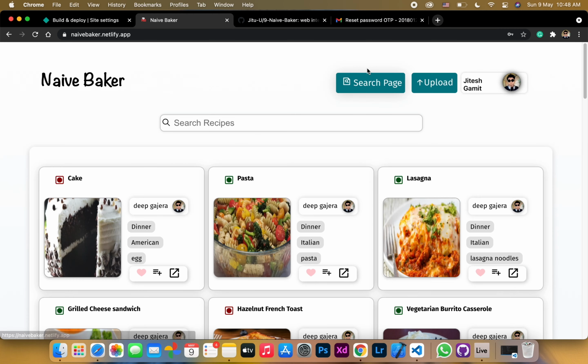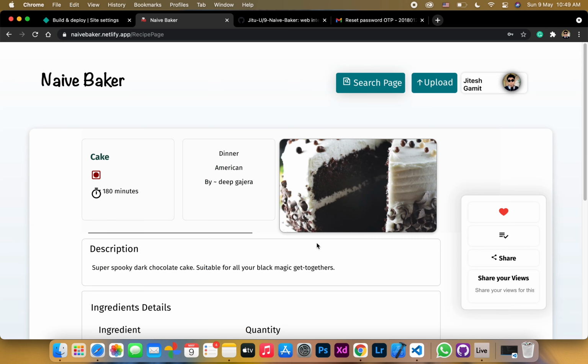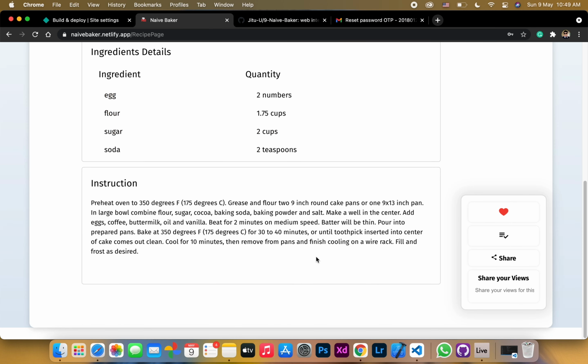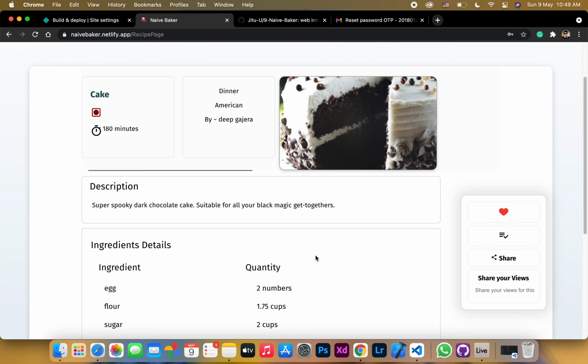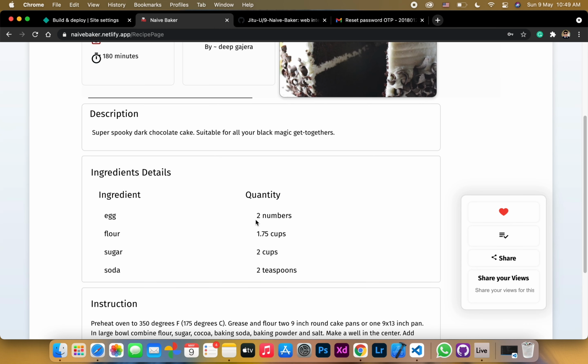Now we will see the basic functionalities of the recipe cards. So this is the details, and you can like the recipes by clicking here, save it from here, and by clicking here you can open the details of the recipe, where you can see the procedure and ingredients and other details of the recipe. From here also you can like and save the recipe, and